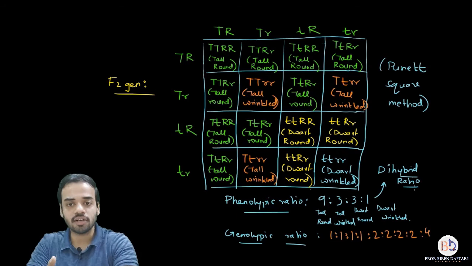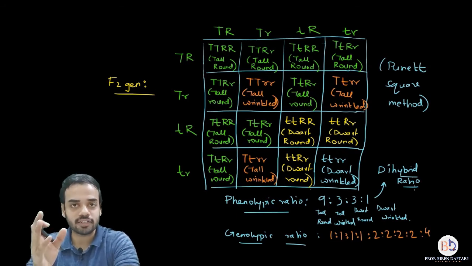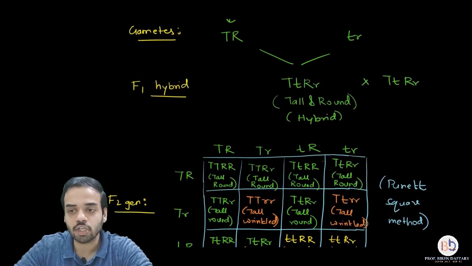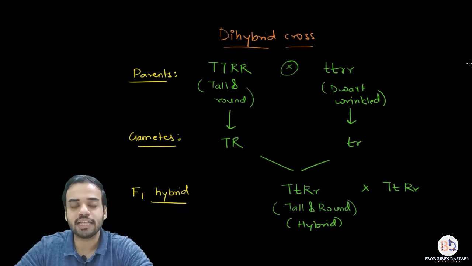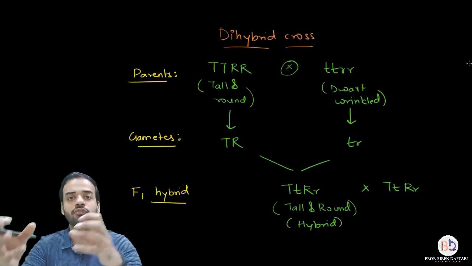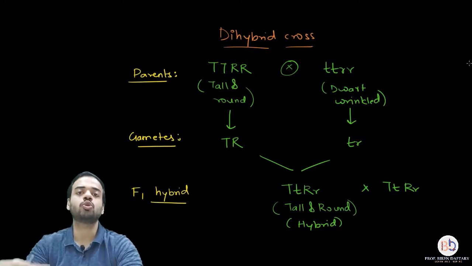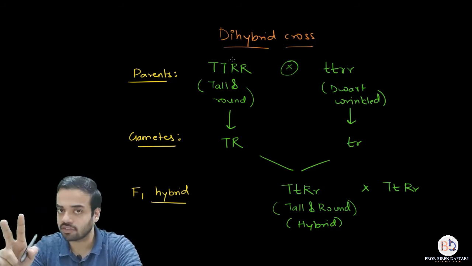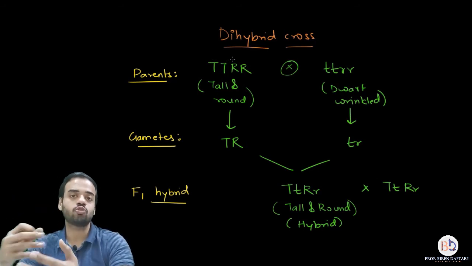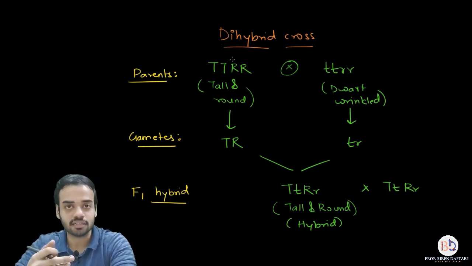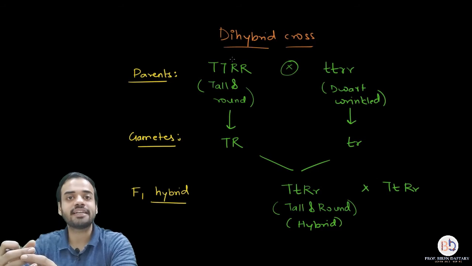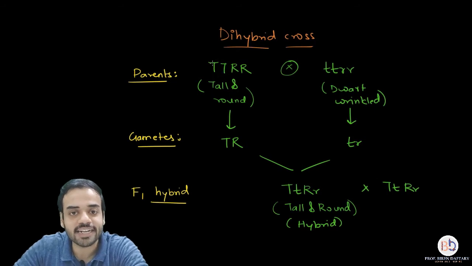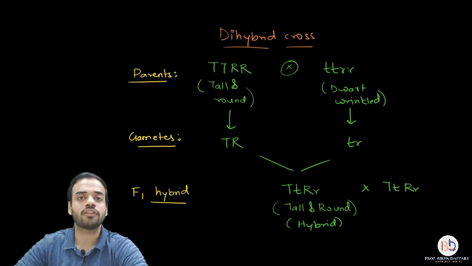Now coming to the third law of Mendel. What is the third law of Mendel? So I will tell you the statement. The statement says that in a cross between two organisms, pure for any two or more characters, or when you cross two organisms showing two or more different characters. So over here we are showing two characters, one is height, another is shape of the seed, right? So in a cross between two organisms showing two or more characters, the inheritance of one character is independent of the other. That means what? The inheritance of the height character is independent of the shape of the seed character.